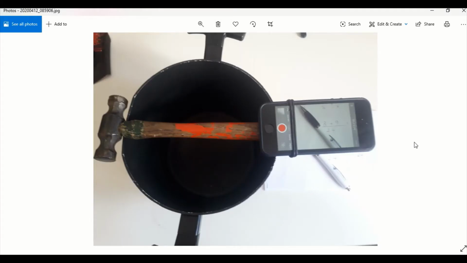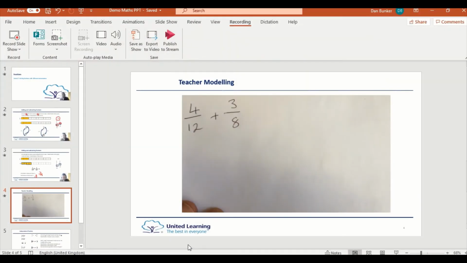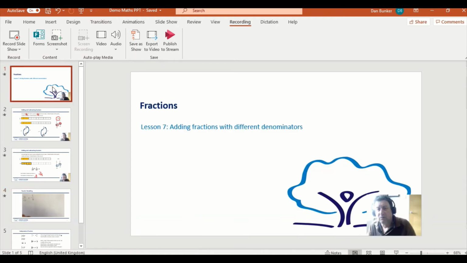We've seen how we can fashion an impromptu visualizer using a mobile phone and some household items, and when we do that we can record our own instructional videos and we can insert those into our PowerPoint slideshows like I've done here. And then when we're thinking about recording a voiceover PowerPoint, we know we've got the tools to record a slideshow, and here's one I've started earlier where I've started to add my narration to the